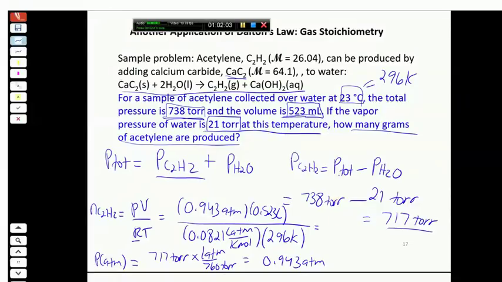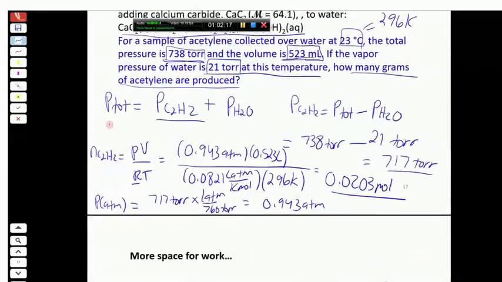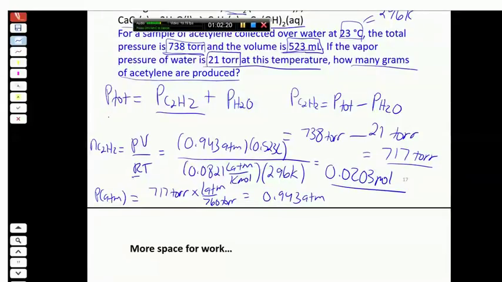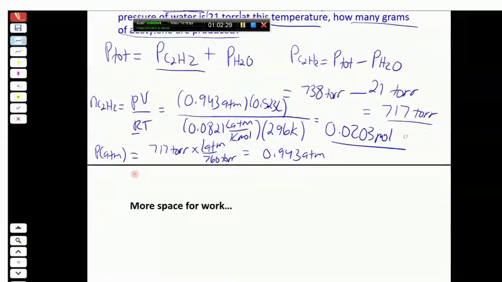And so, let's see, make sure I can read my own writing. 0.0203 should be the number that you get. Alright, so that's the number of moles of acetylene. And then since these problems are pretty labor intensive, I have a little bit more space for work here. So the last step is to convert that into grams. So let's try to keep as much of that as we can so you can still see it if you're working on it. And then the mass of C2H2 is just going to be the number of moles that we found